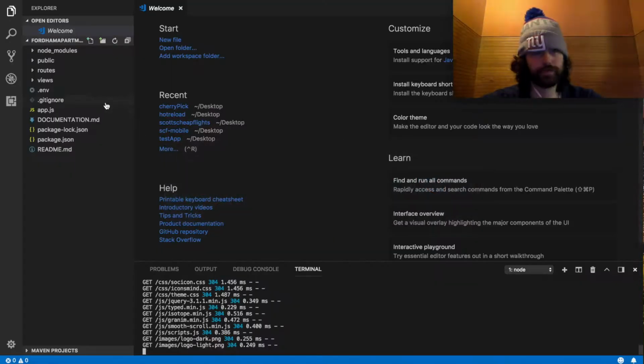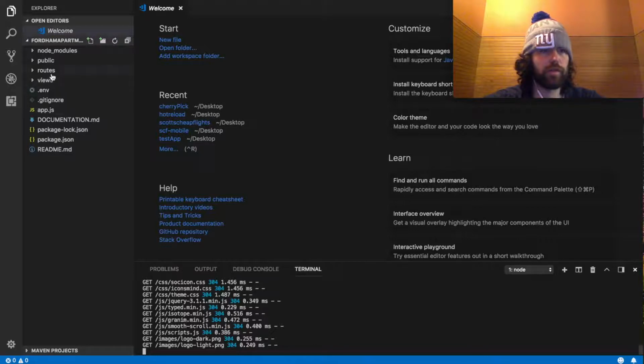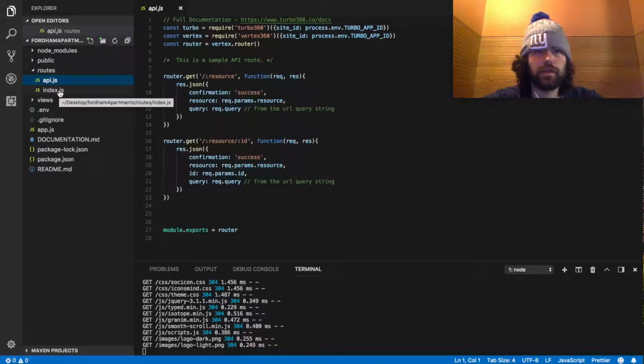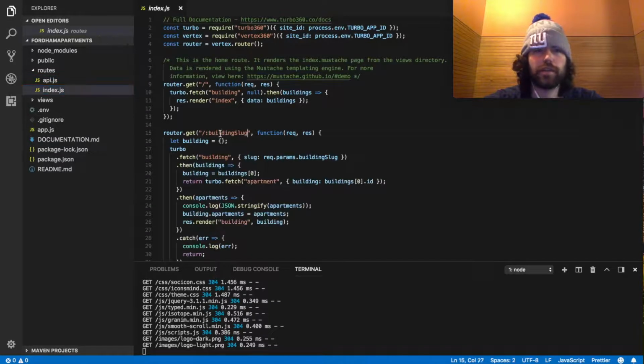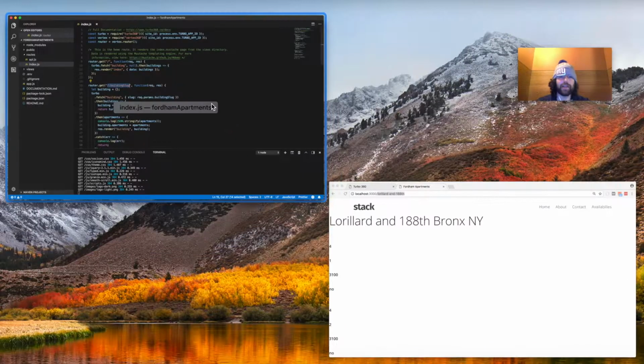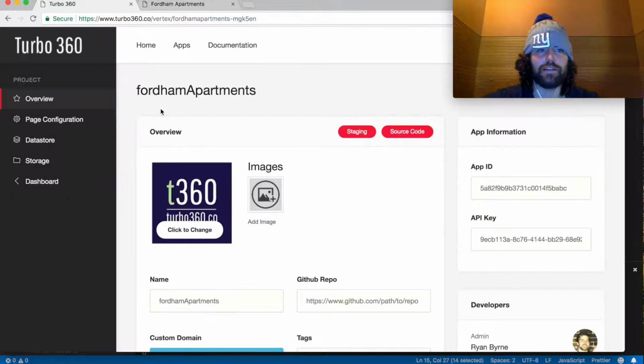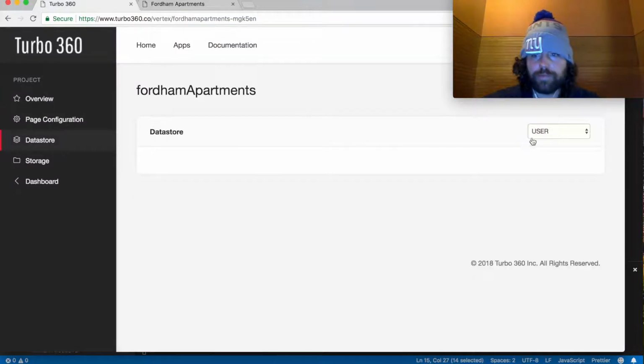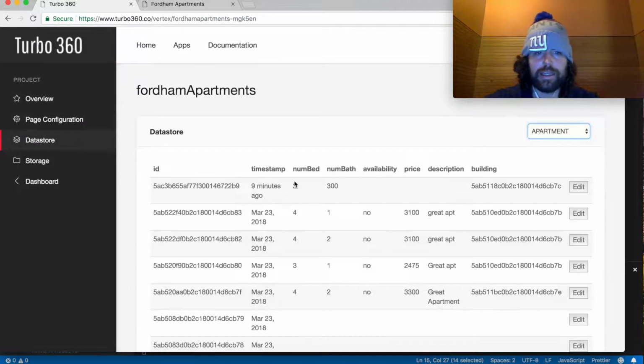I jump back to our app real quick, you go to our API index.js. Okay, so it matches this route, and then we take that route and we search Turbo for the building, which we get by the slug, and then when we get that ID, we search again on Turbo for all apartments that have that same ID. So if we go into our data store here, each apartment has a parent building, and that's what we query by,